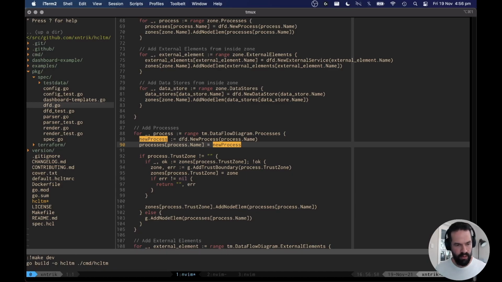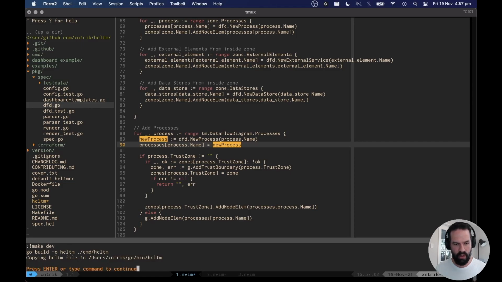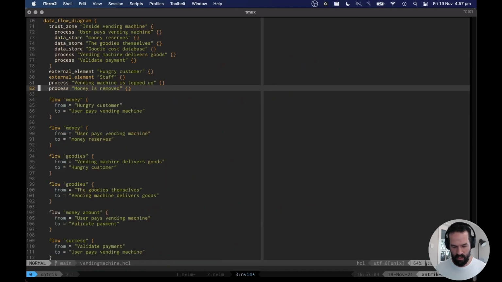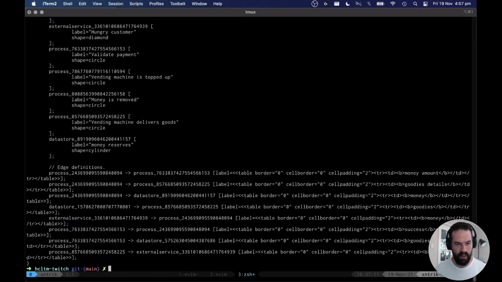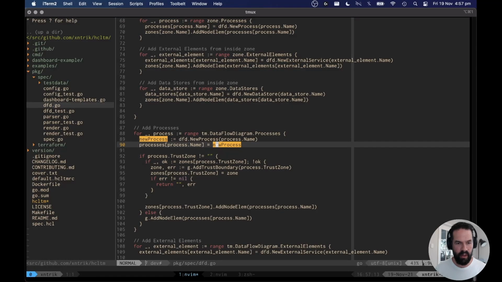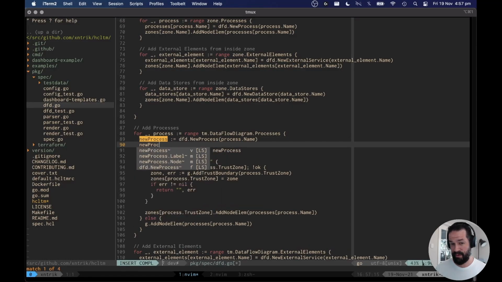So in theory, that should still create my diagram and nothing should change. Okay. But before I do that, I can go